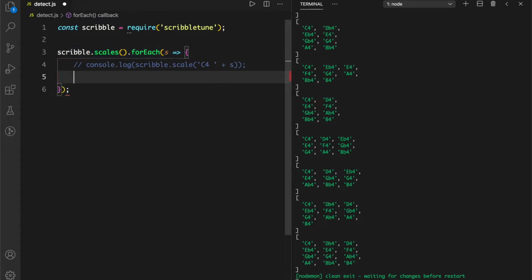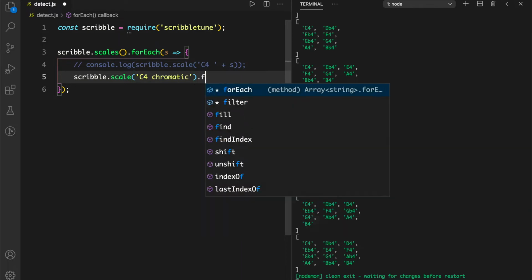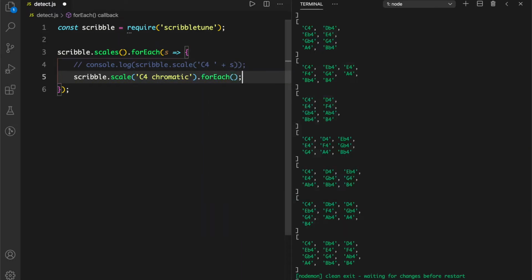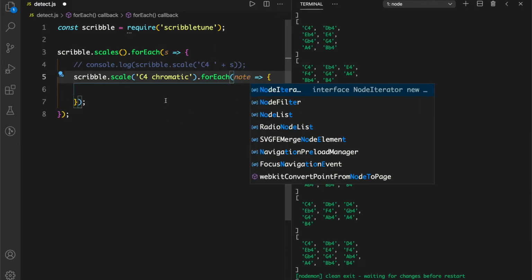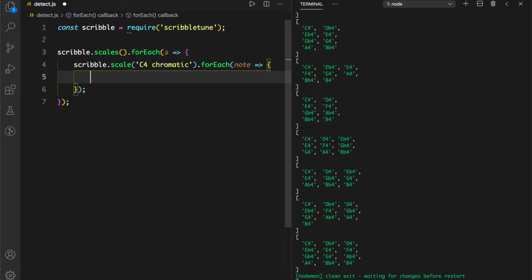So what we're going to do next is go for the chromatic scale, which has all the notes, and then loop over that as well. And in here we'll call this just n for note. Naming is very important. So for each note, might as well call it note. For each note in the C chromatic scale, I'm inside the scales loop anyway. I want to generate the scale for that note. So presumably what I'm going to end up with is,